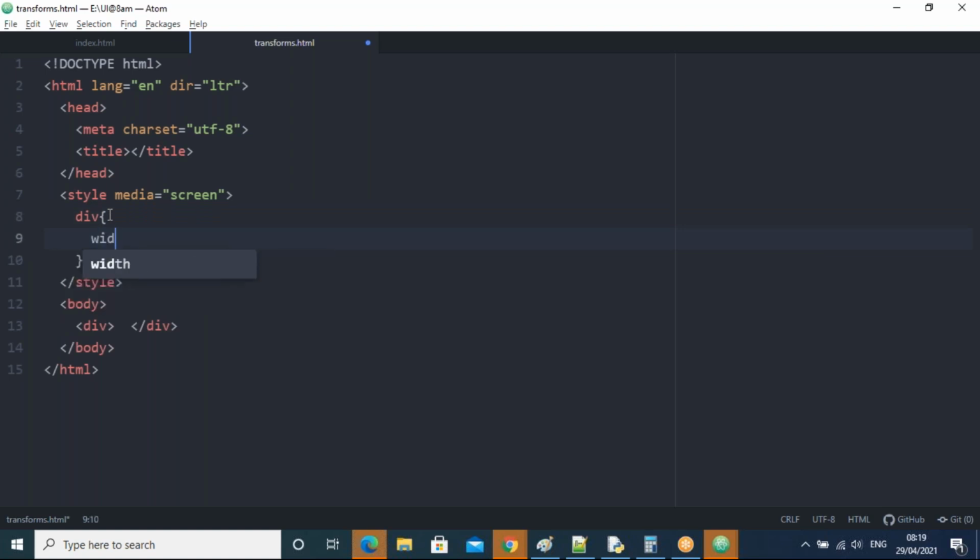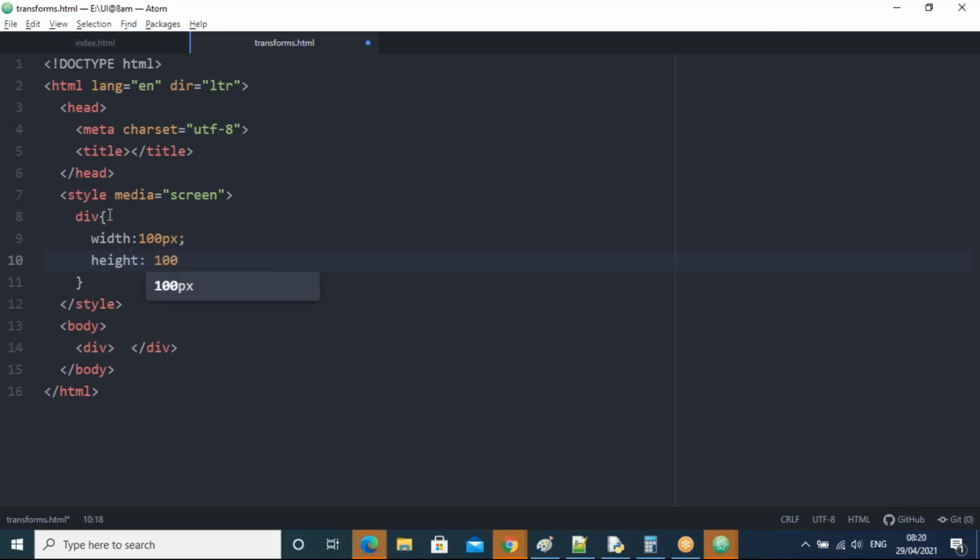All right, I'll take some width, for example 100 pixels, guys. We'll take the height also, let me take 100 pixels.